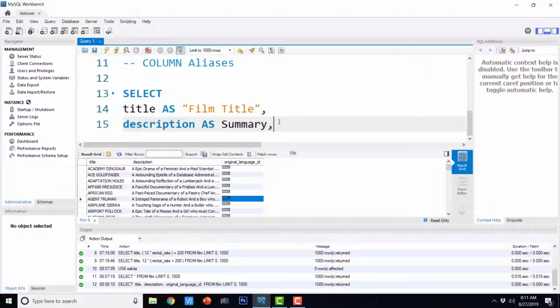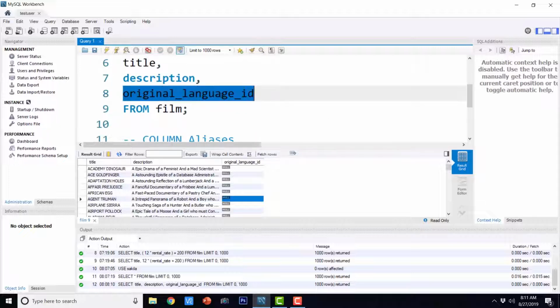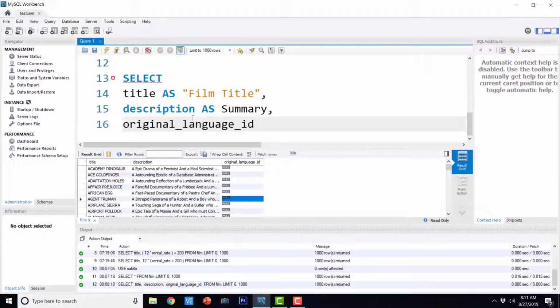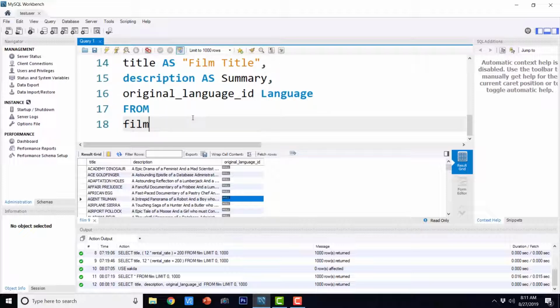Finally, we can even provide the column alias without using as. I'm just going to say original language ID language from film. The alternative names for the columns that we use in the select query are known as column aliases.